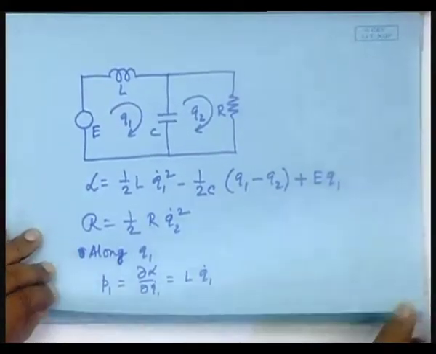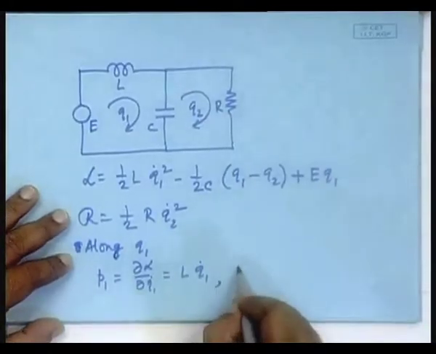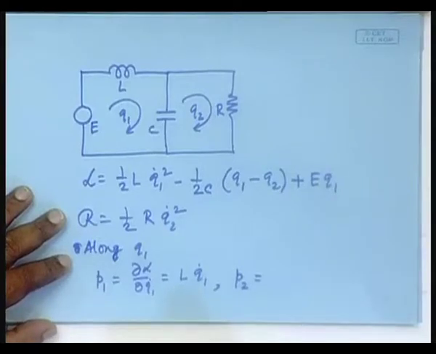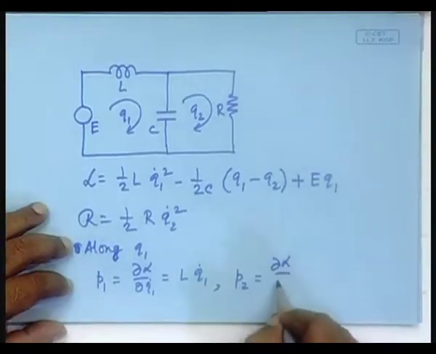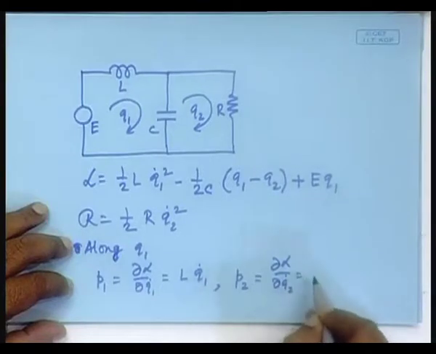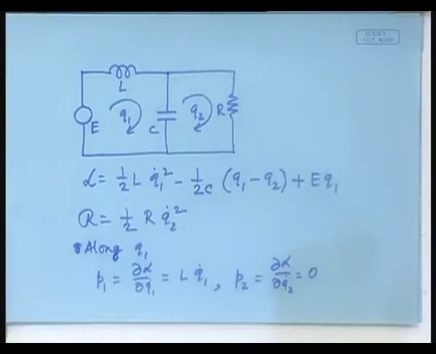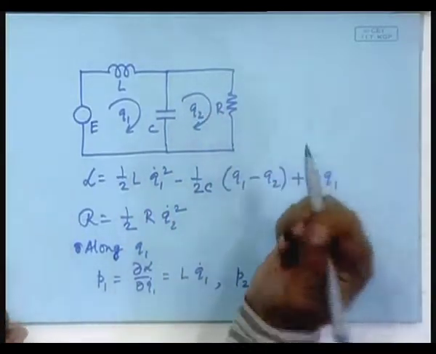So, you can write P1, then you can express: okay, P1 is this and P2 is... you have a problem there, right, it is 0. If you do it like this, Q2 dot is 0. So, P2 is 0, that is obvious, because this particular loop does not have inductance. P2 is 0. If P2 is 0,